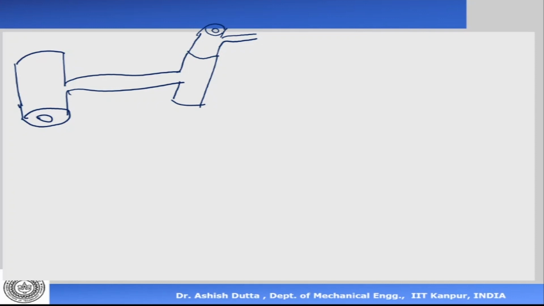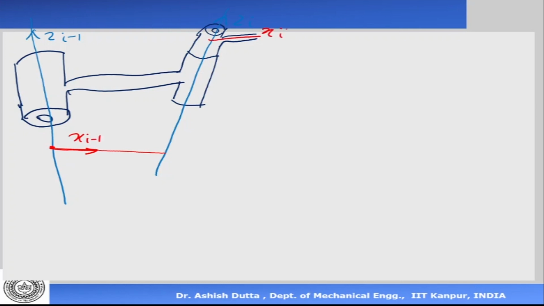Okay, so the first thing that we do is assign your z-axis. How did we assign our z-axis? Z-axis is the axis of rotation or translation, so my z's are here. Then what we did is, this is given as z i minus 1, that is z i. Then I put my x-axis. Where is the x-axis? This fellow's x-axis is here, and we find the shortest distance between these two z-axes, and I put my x i minus 1 along that side. The next one, x i, goes there.